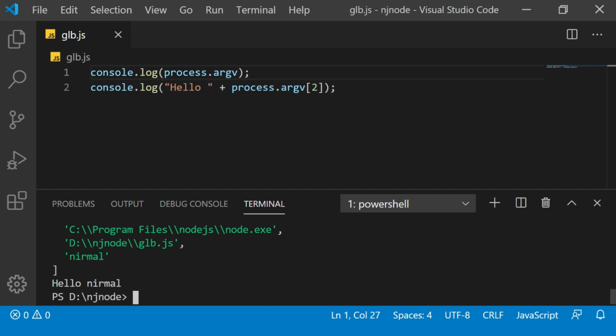At the moment we are just trying to understand the functionality of it, but the command line argument, if you are planning to create a utility which has various command line arguments, like we have -g, then --save with npm, all such functionalities are possible because the developer of npm has dealt with the command line arguments. You can also create your own command line argument programs. In such a situation, this process.argv will be very useful for you.